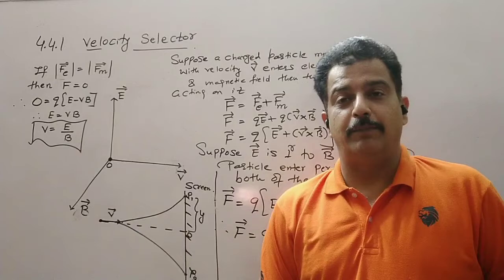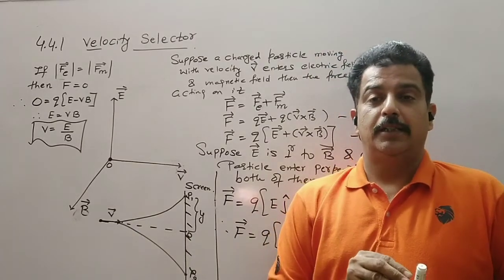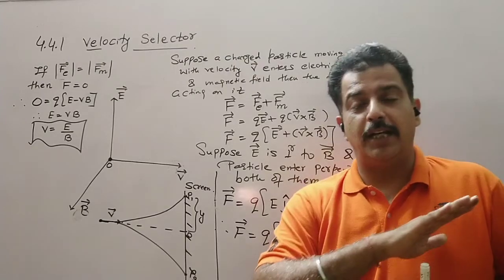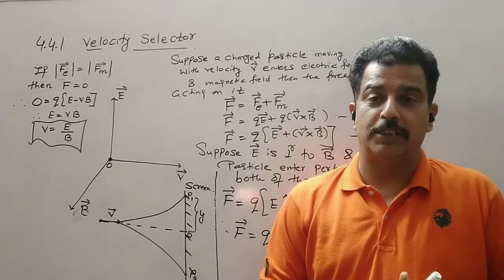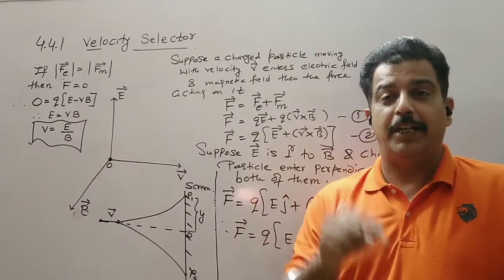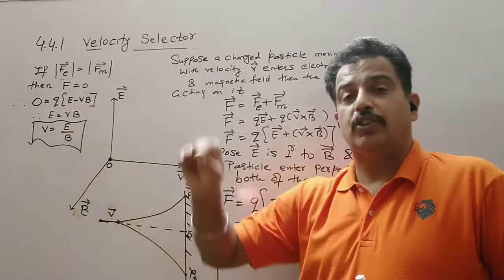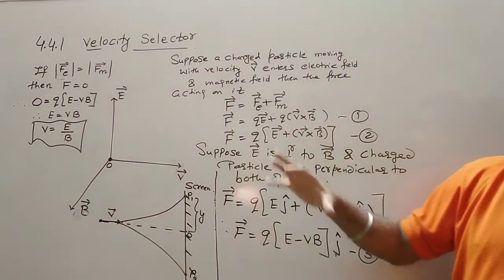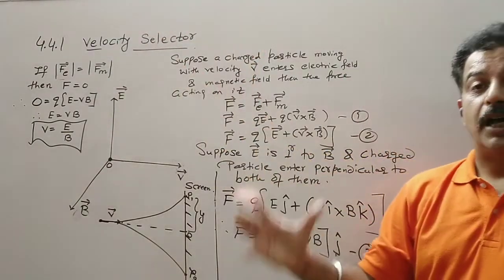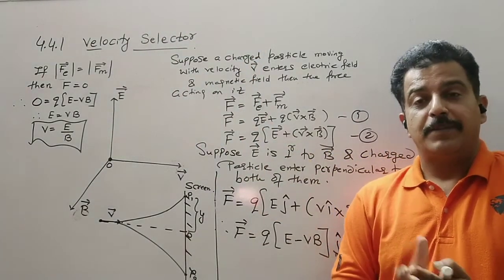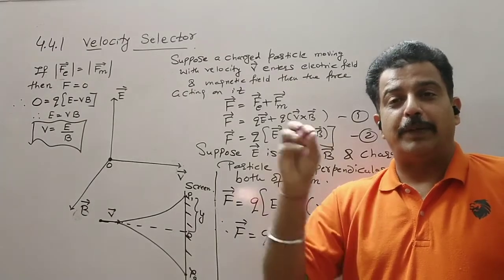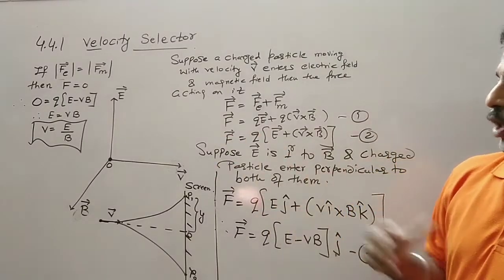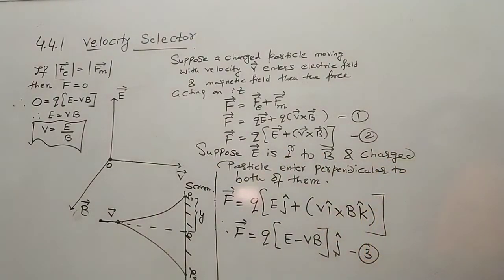Now some may be deviated, some may not be deviated. But it should be clear, if they strike the target in the presence of the electric field and still remain undeflected, undeviated from the original path, then its speed must be equal to the ratio of the magnitude of the electric and the magnetic field. So it is named a velocity selector. Out of a beam of charged particles, we can select the particular particle moving with a particular speed. So this is how we can determine the speed of a charged particle.